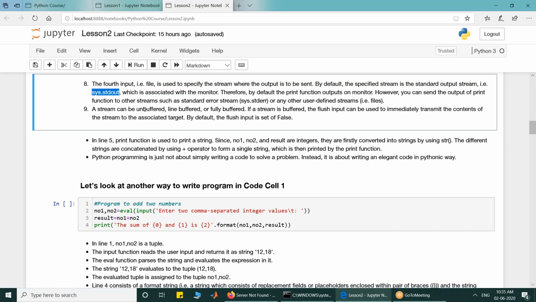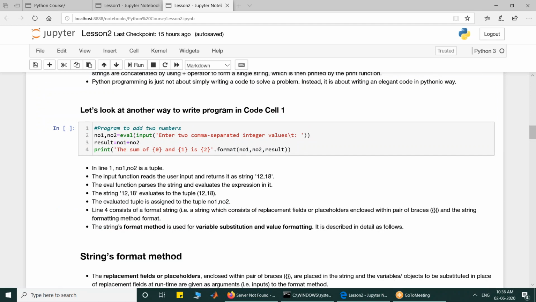Some of the streams are buffered, line buffered, or unbuffered. If we want the output to be flushed, we make use of the flush parameter. Flush is used to flush the stream if it is buffered. So these are the five inputs that we give: the objects, separator, end, file, and flush.